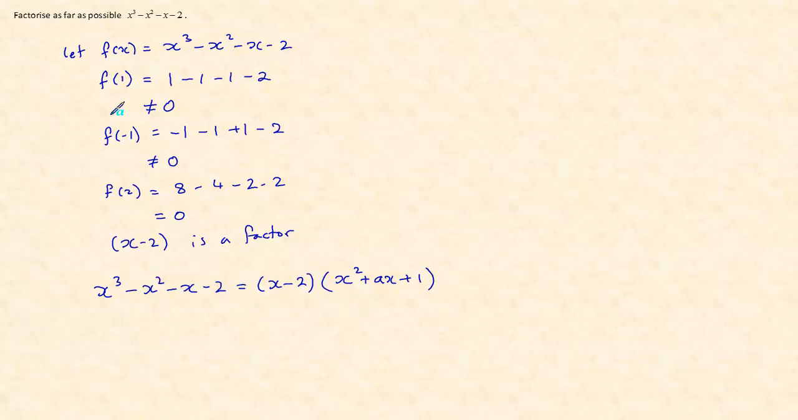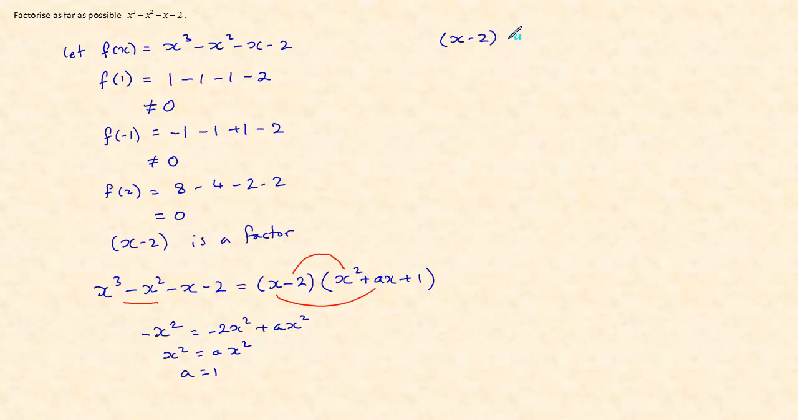So if we think about getting the negative x squared term, where would the x squareds come from over here? Well, we'd have this, and this one will give us an x squared as well. So that's going to be negative 2x squared plus ax squared. Bring this over, and that gives me x squared is equal to ax squared, so a must be equal to 1. So now we have x minus 2, x squared plus x plus 1,